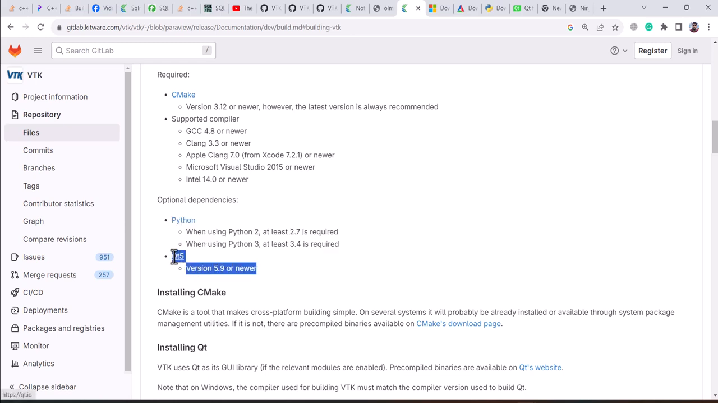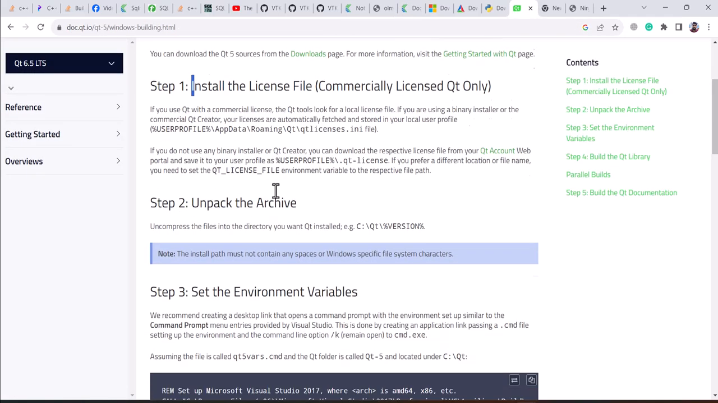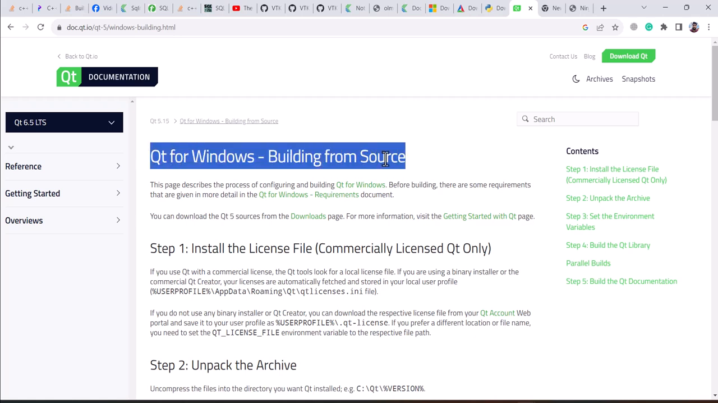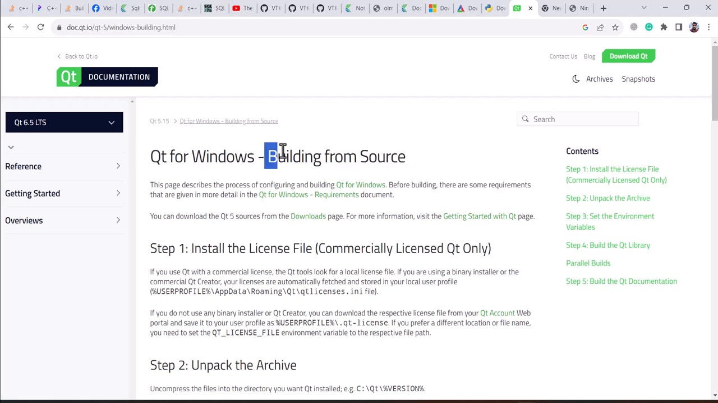Okay, the next thing is Qt5. This is kind of an important step, and let me show you how we can do this. The first thing is building from source. Qt has two versions. The first one requires a license and is used for enterprise applications, and the other one is open source, and we can download it without having any license, right? So just go to this link,